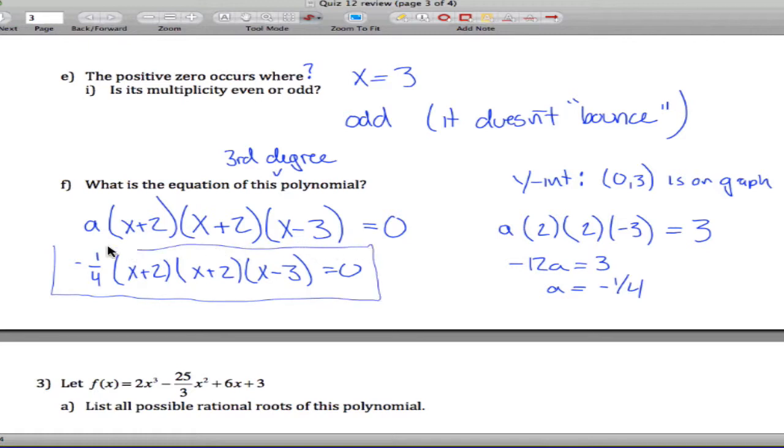Call this right here the final answer. On the quiz, I don't believe you have to come up with this. I think you have to choose this from a multiple choice list. So I don't know if you need to be able to solve it quite as in-depth as I just did,